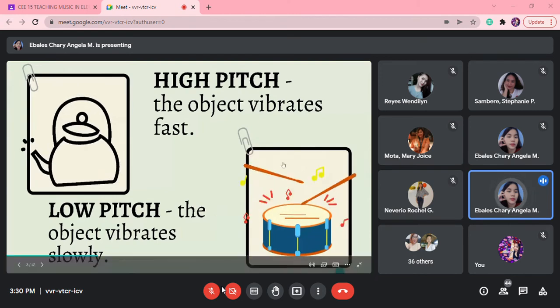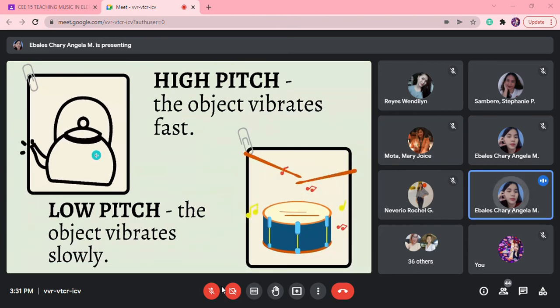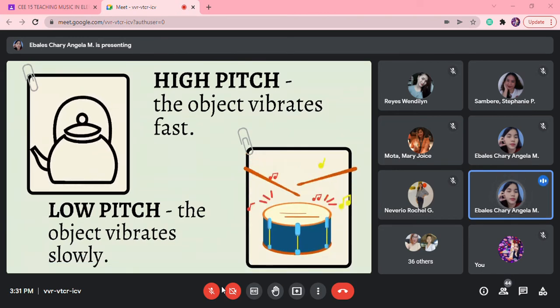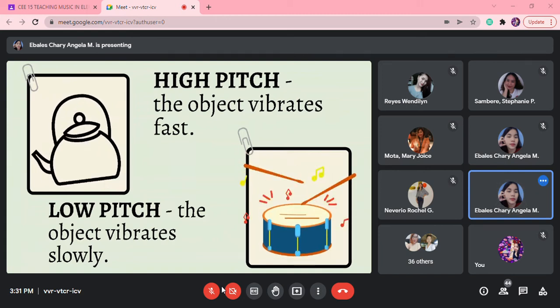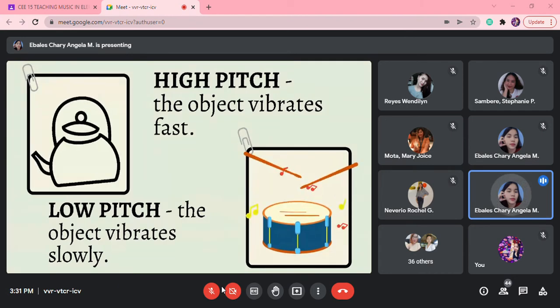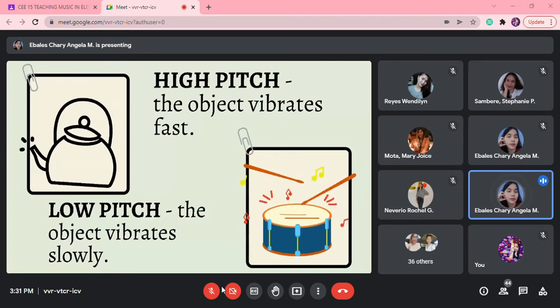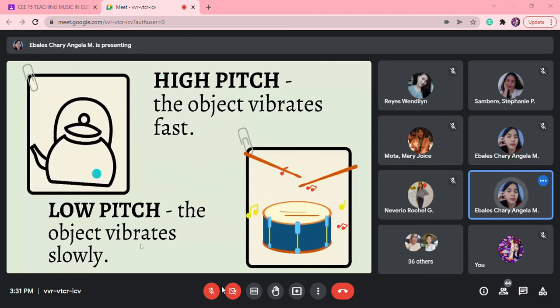So the example of this is the kettle, which is these sounds. And the drums, which is this. So high pitch example is the kettle, low pitch is the drum. So next is